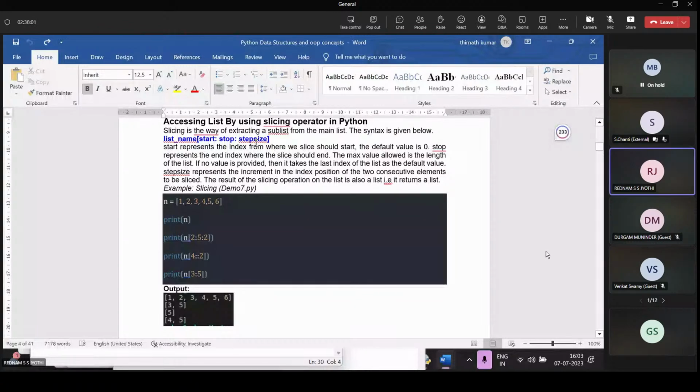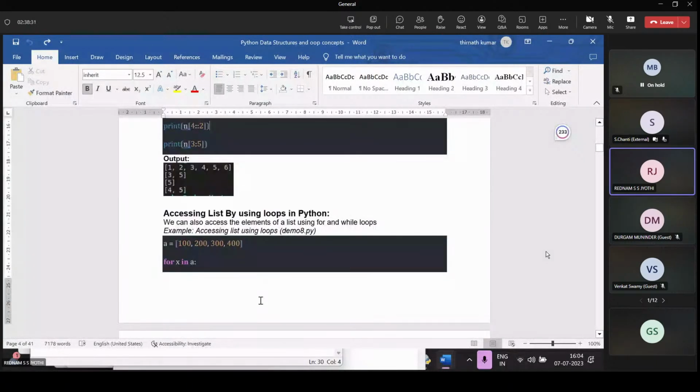Here n equal to 1, 2, 3, 4, 5, 6. Print n of 2 to 5 with step 2. Starting from index 2, which is 3, and the last but one index is 5. So 3, 5 will be displayed, and the difference between them is 2.